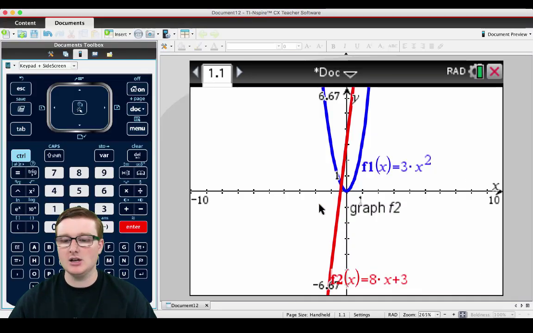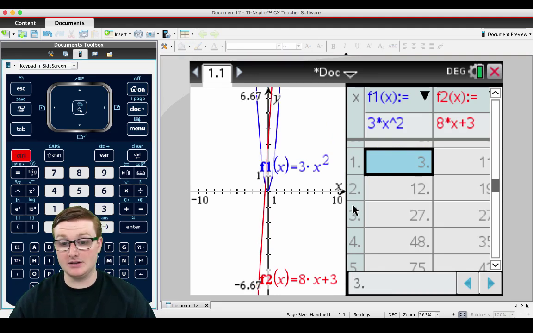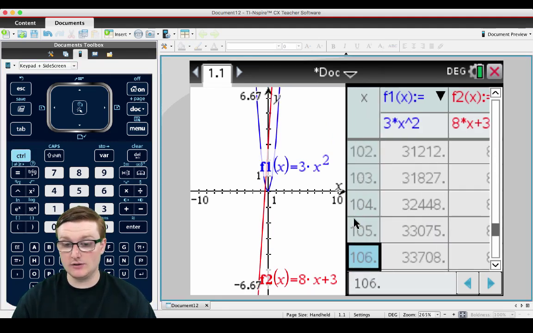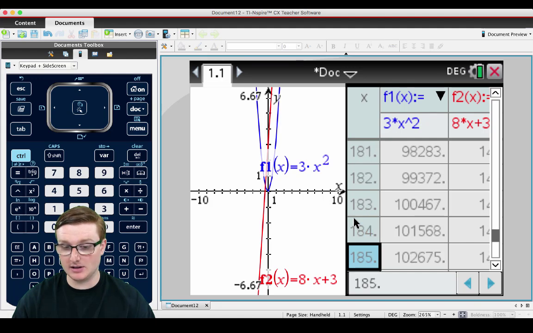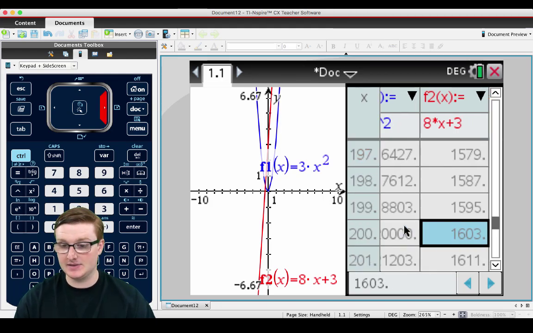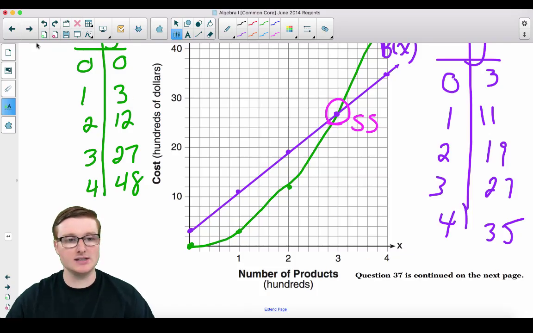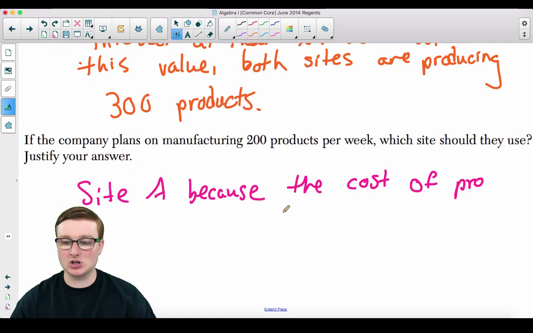Or site A. Okay, so if we go to Control T, and we go... Alright, there's no way that I can do this that quickly. So if you go down to 200... Now, don't do this on your calculator, because that's just ridiculous. You could actually plug it in by hand. Site A is definitely the best bet because it costs them less. So we are going to say as our answer that site A, because the cost